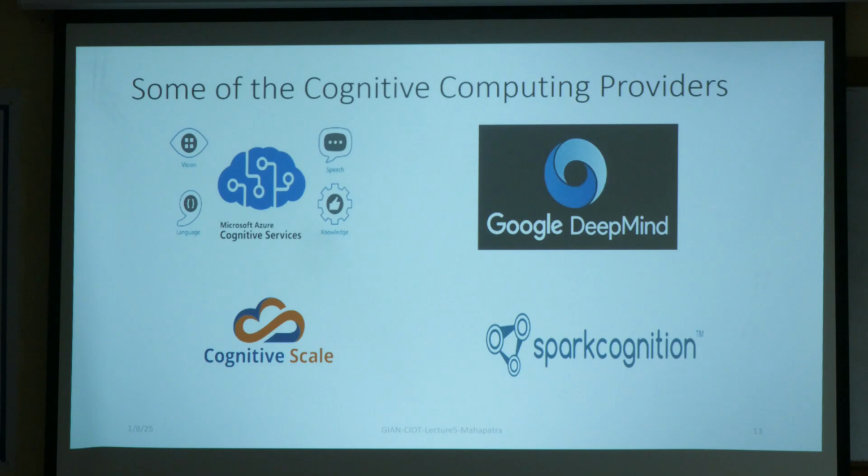Again, as usual, here are the cognitive providers, platforms that are actually being used. See, they're all cognitive. Google has DeepMind. There is also a small company in Texas, popular in this area because of Parkinson's work, and Cognitive Scale. They're some of the platforms. Not all platforms have come up with cognitive scope, but some of these are actually at the forefront.